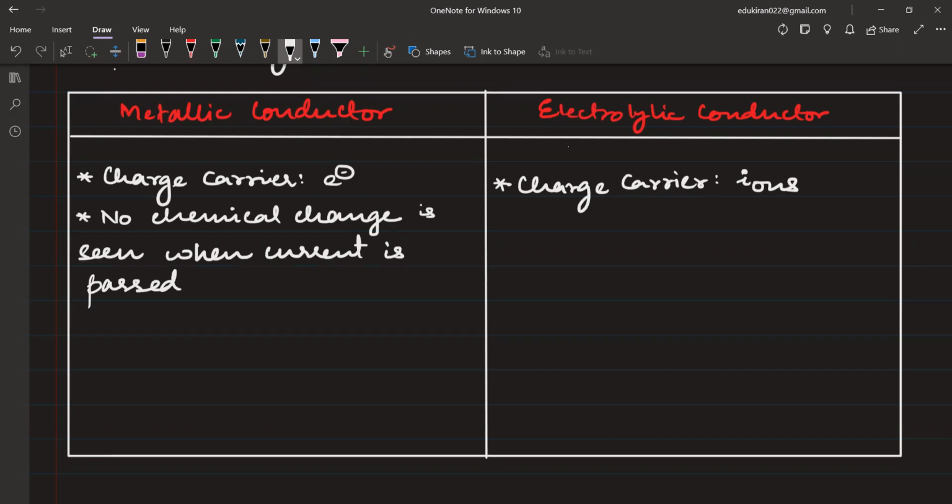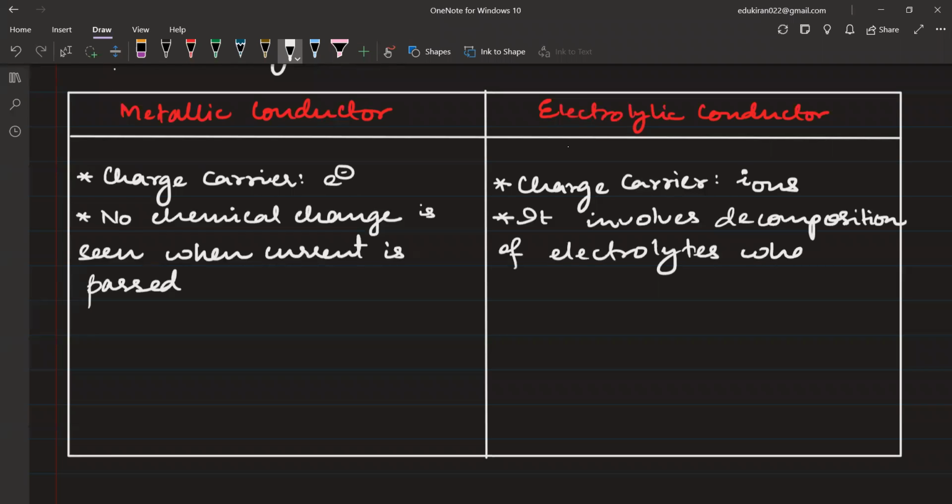But here we have seen that whenever there is electrolysis, it involves the decomposition of electrolytes when the current is passed. So please write, it involves decomposition of electrolytes when current is passed. Right, next. Does not involve